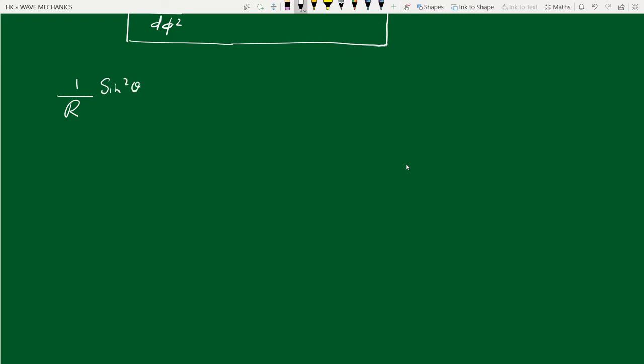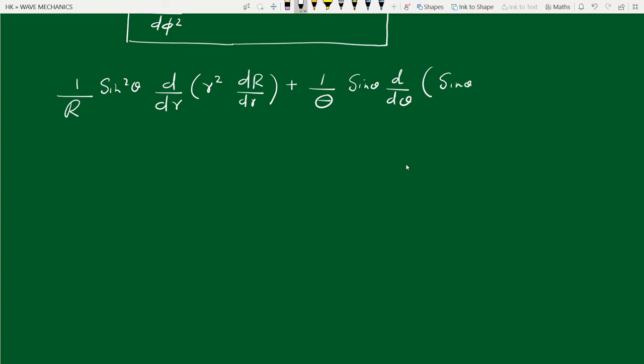Maybe here also let me use full derivative, because the functions inside these derivatives now depend only on one variable: (1/R) d/dr (r² dR/dr) plus (1/Θ sin θ) d/dθ (sin θ dΘ/dθ). Full derivative I am using here also, because capital Θ depends only on small θ, plus r² sin² θ